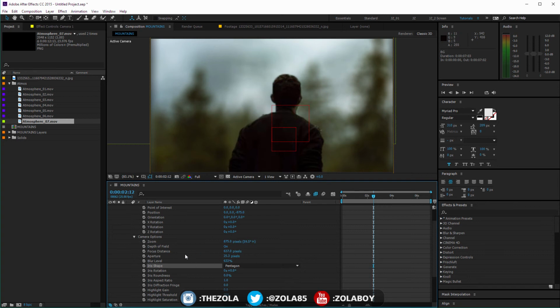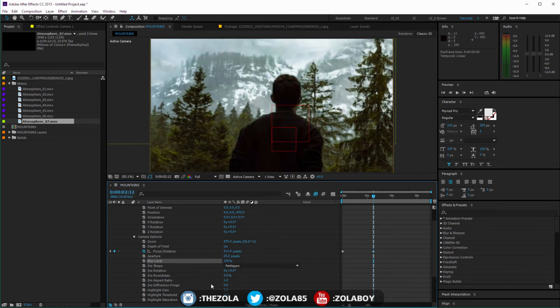Please note, depth of field is quite a slow effect, but if I keyframe the focus distance here, maybe I'll start it on me, and decrease this blur level slightly. This is a bit extreme for my liking. Bring that down, that's not enough, no. Yeah, something like that, more subtle. We're going to start here. In fact, no, maybe I will make it a bit more pronounced just for the sake of showing you. Not that I would do this usually.